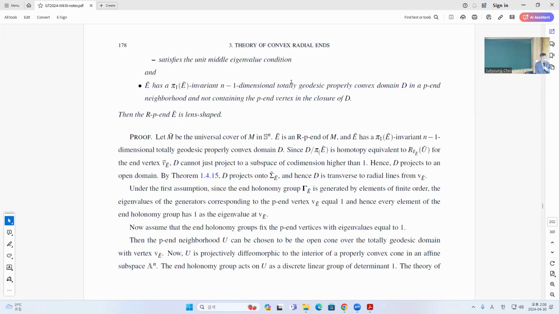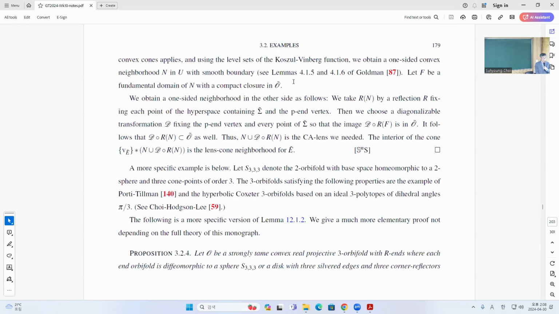And then this unit eigenvalue condition will mean that this group will be in SL(n, R), and then you can find the Koszul-Vinberg function. Okay, I should say this is the special affine group in this case. So therefore, the Koszul-Vinberg function exists, and then you can do the reflection to get the other side, and then